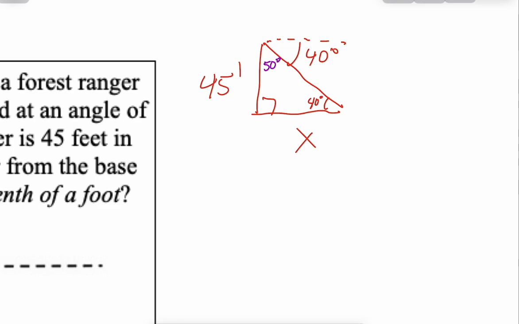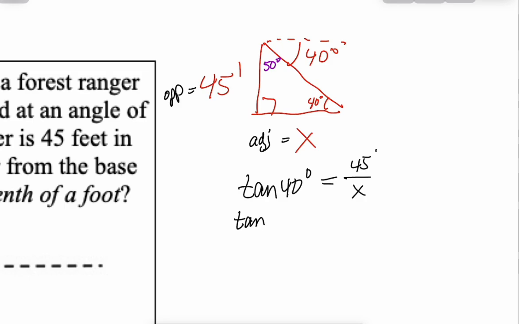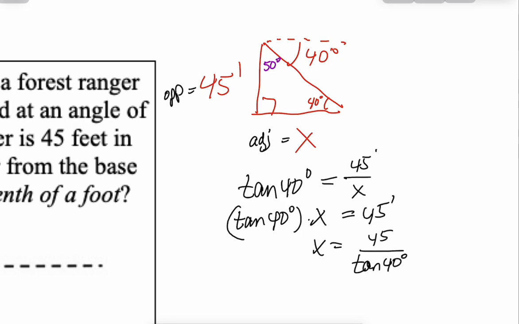Now, if we use the 40, this is the adjacent, this is the opposite. I know that the tangent of 40 degrees is opposite over adjacent. So the tangent of 40 degrees times x, because we always cross multiply with our denominator, is equal to 45. So x is going to be 45 divided by the tangent of 40. So 45 divided by the tangent of 40